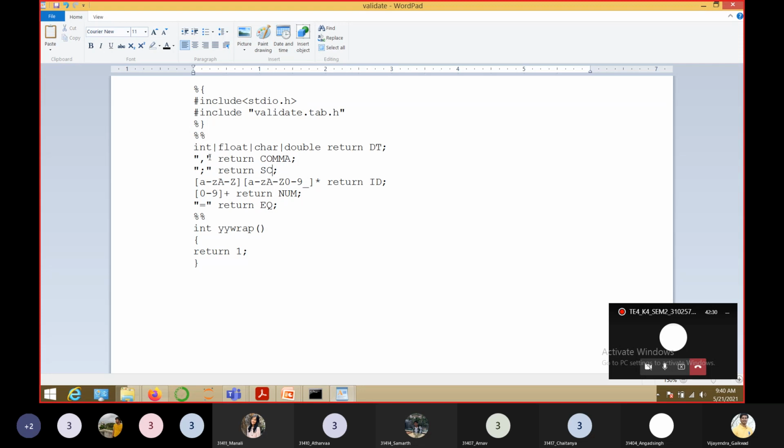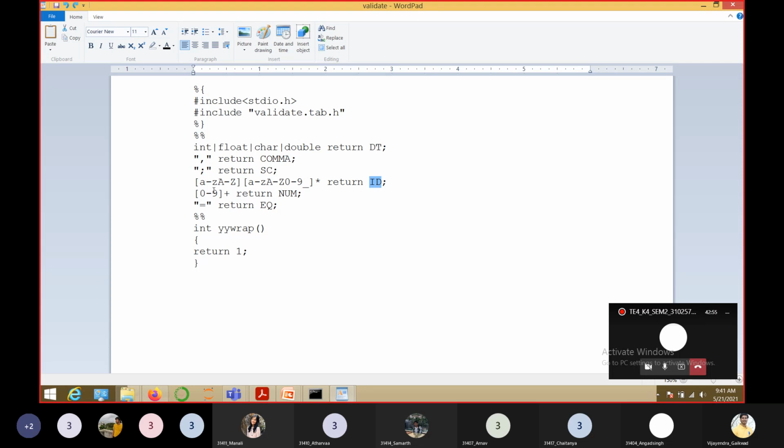Then apart from the data type and the symbols, we have the actual identifier, the name of the variable. And we know how to identify the name of the variable. We have decided some pattern for it earlier, right? So the same pattern we are using. If such a pattern is found, then we will return ID. ID stands for identifier, fine?